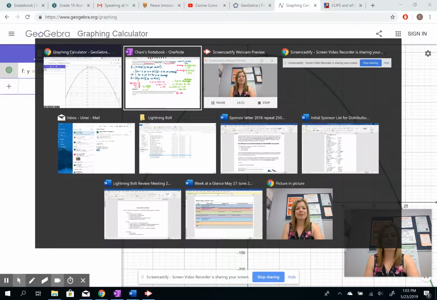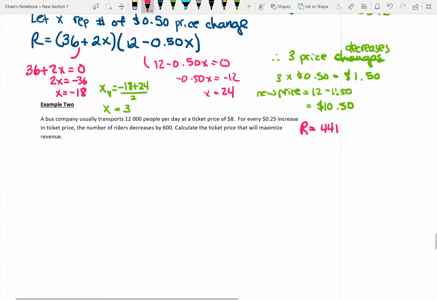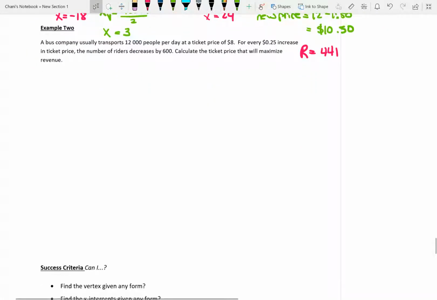Okay, so let's do one more example here. I encourage you to try this one on your own if you want to. It's a little bit different because we're dealing with price increases, and then the number of riders is decreasing. So if you'd like, you can pause it and try it, but I'll go through it a bit more quickly than the last example. So in this case, our revenue is determined by the number of people riding a bus